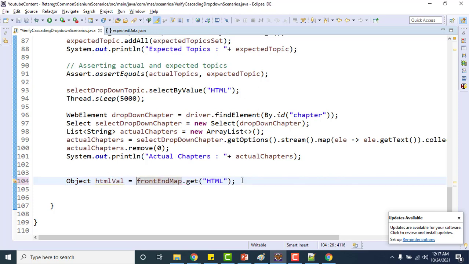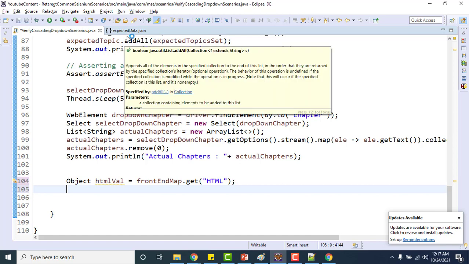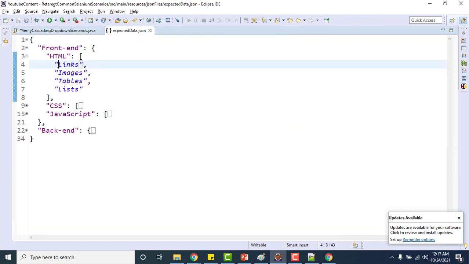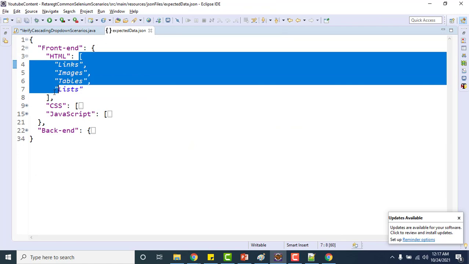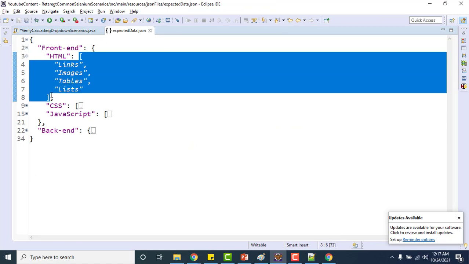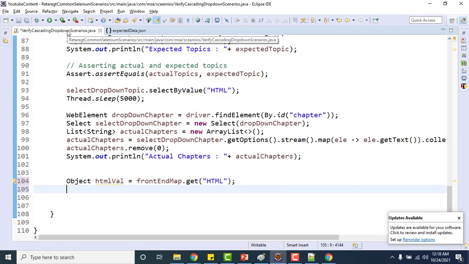Okay, and this I need to cast to a list, because it is Java. Sorry, the HTML is holding an array, and this can be cast to an array list. So what I need to do is use a list, or let me use list of string.